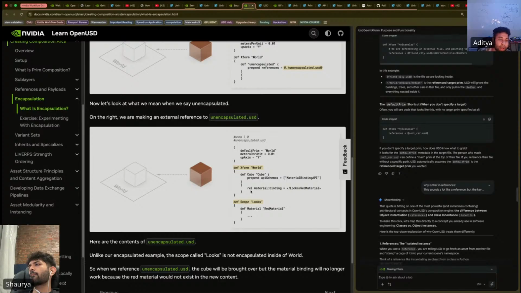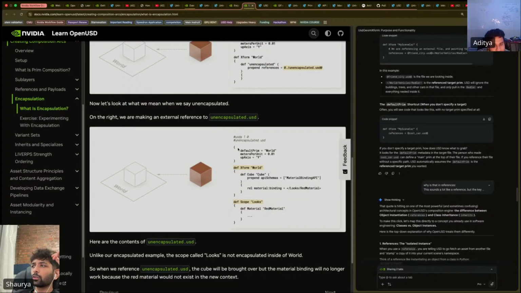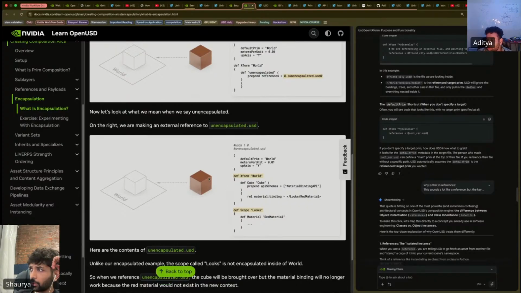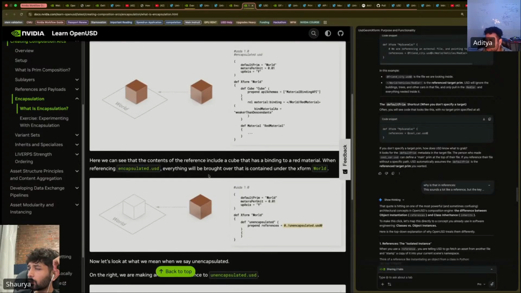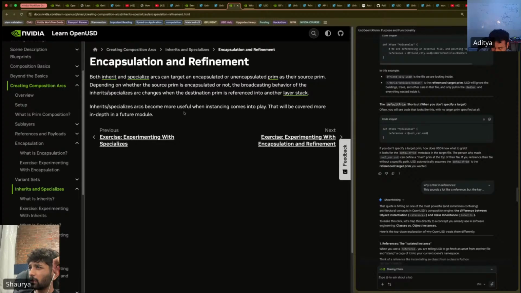Why this is an unencapsulated prim over here. Because you have a default prim, world. That's why you are defining the entry point for that prim, right? The other thing is, referencing this, this code will be inside that source prim, right? Okay, got it. And then depending on whether the source prim is encapsulated or not,